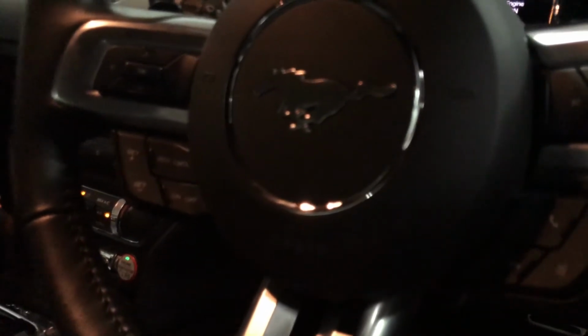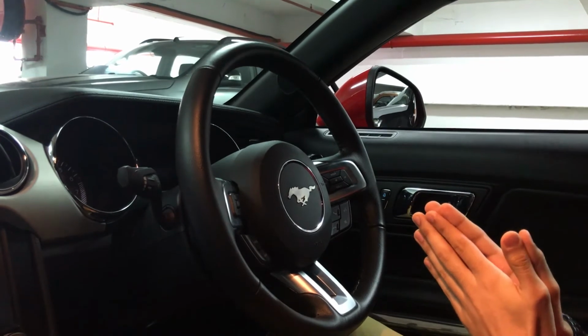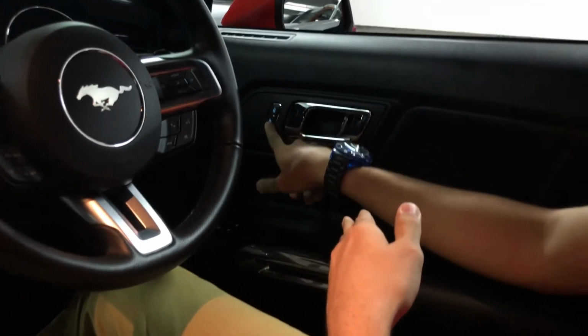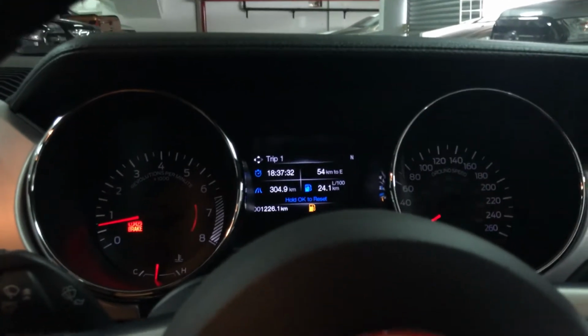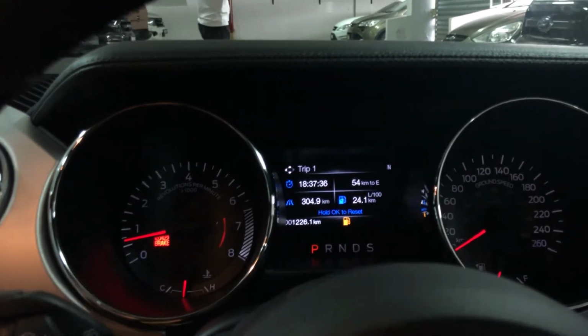We've got the pony in the center. Over here we've got different types of controls for your infotainment system and such. Over here we've obviously got the window controls and the door. Other things, we've got the lock and unlock features. And then over here we've got basically your speedometer, your rev meter, and we've also got the center screen